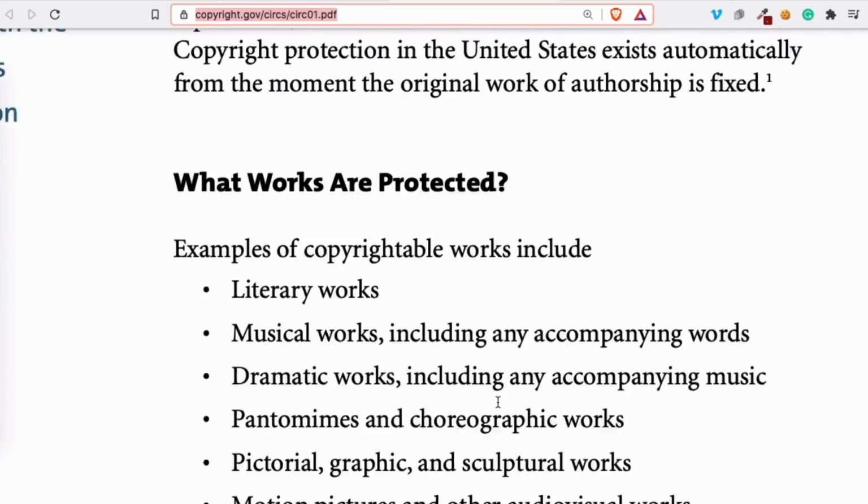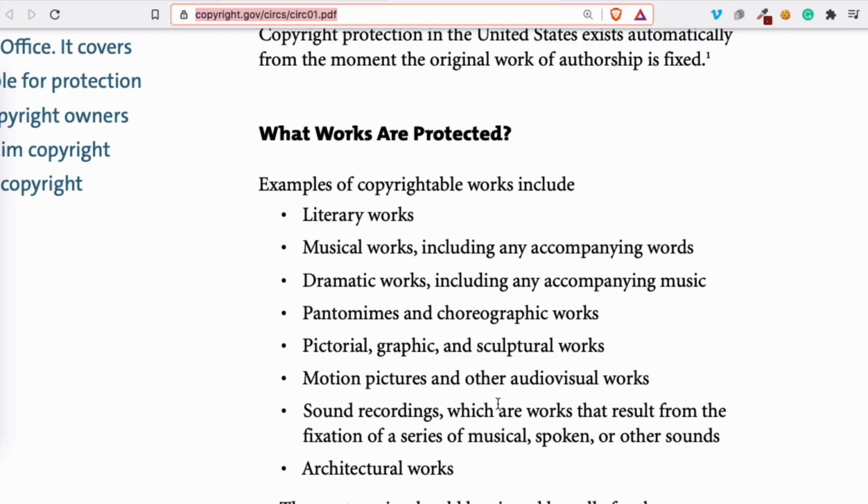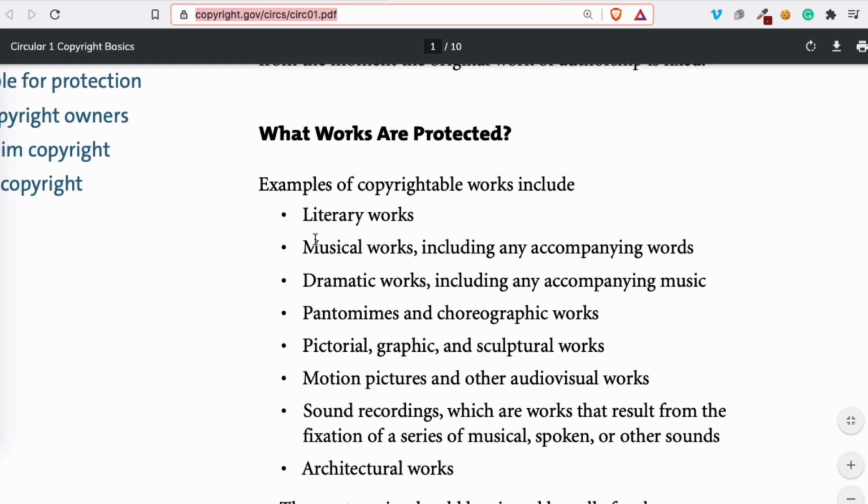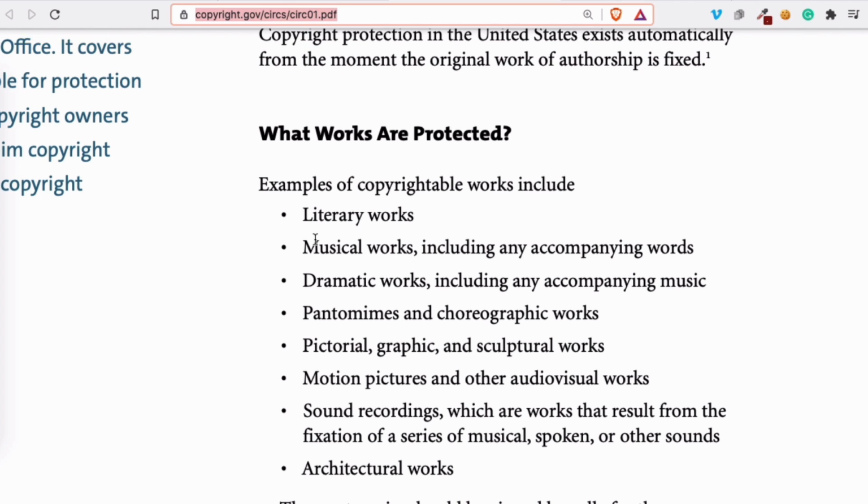So if you look down in the document, you can download it, there's a link below in the description, and you can read it, but you can also go to this website and find it and read it. Here you see what can be protected. If you're a designer, you create a lot of graphic design, images, doesn't matter, a lot of things. Most of the time those things are copyright protected. The thing is, you need to know what you can do and what you cannot do. But let's look at what is protected, then we're going to look at what is not protected, and then what you can do with it. So things that are protected are digital work, music work, dramatic works, can be anything,